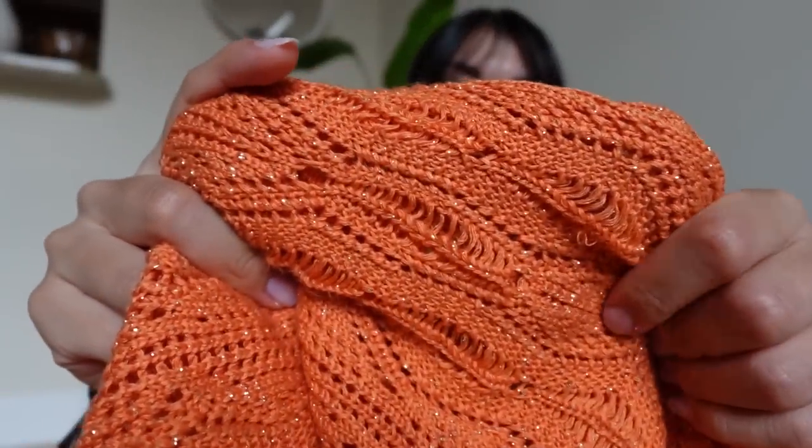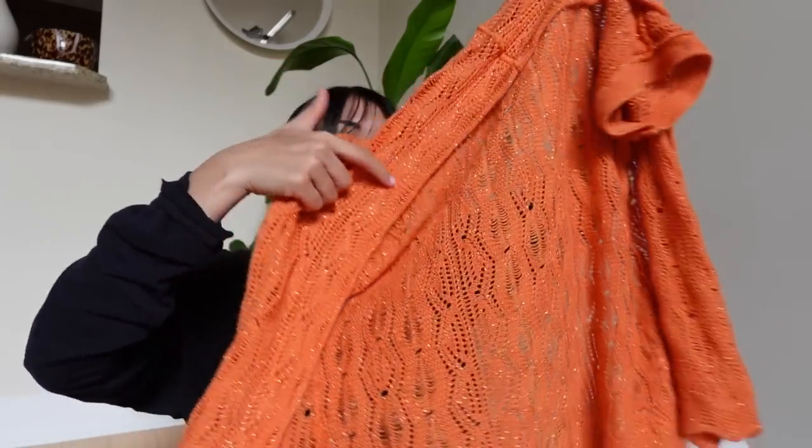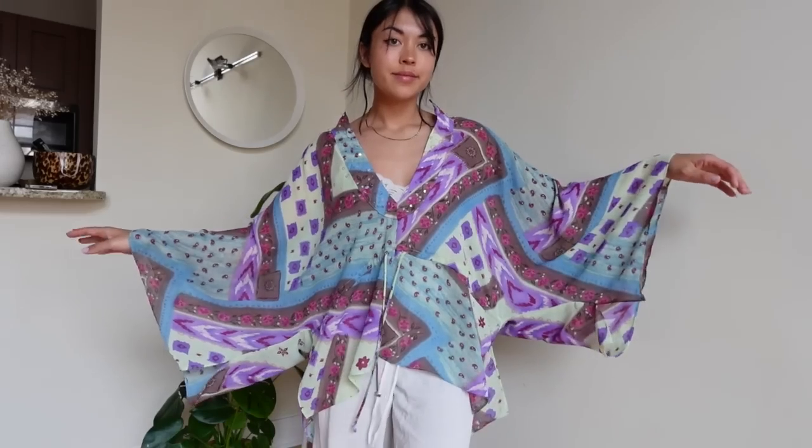It has kind of an orange glittery fabric. I can see this with a white one-piece swimsuit with some flip-flops, and I'm gonna keep this if it doesn't sell. I don't know, orange I don't normally wear, but I've been drawn to it recently, and it's just really fun. This is another top that's kind of out there, not for me, but for someone else. I feel like it would be really cute over a swimsuit. I don't know why all of these I'm thinking over a swimsuit would be nice, but